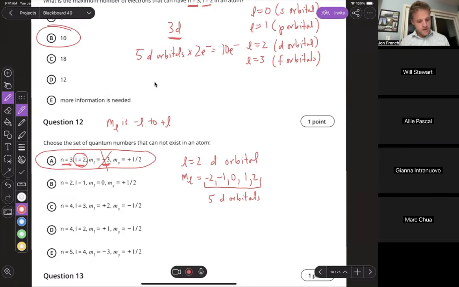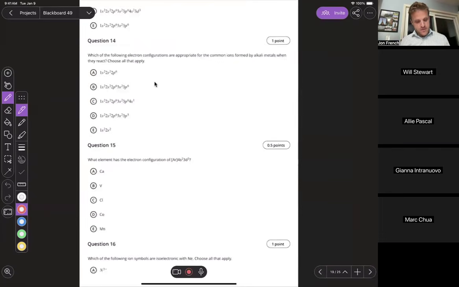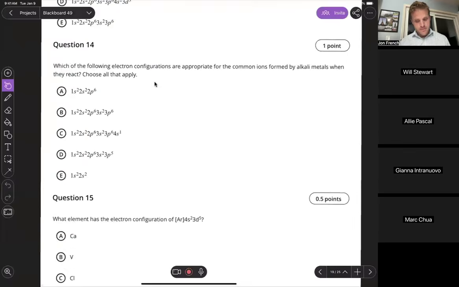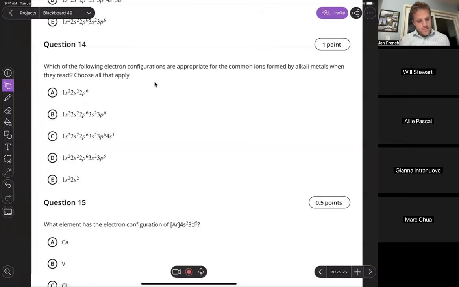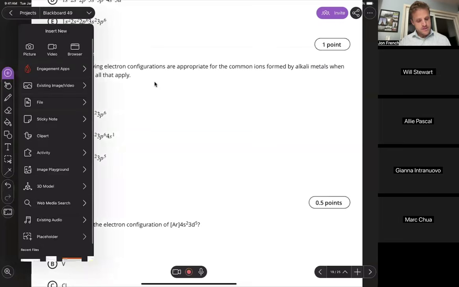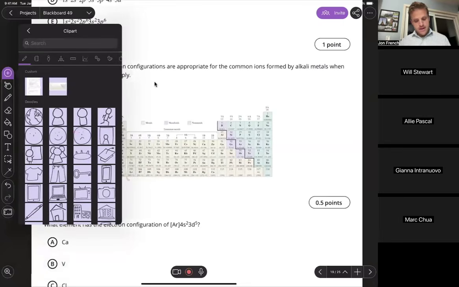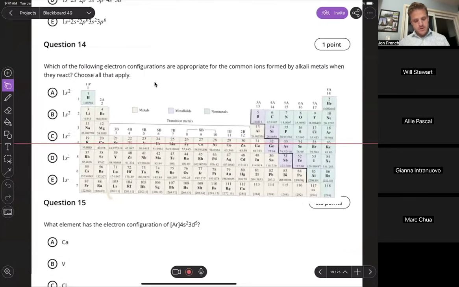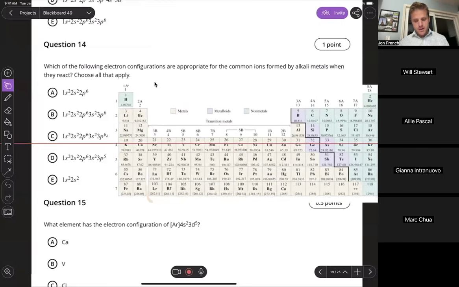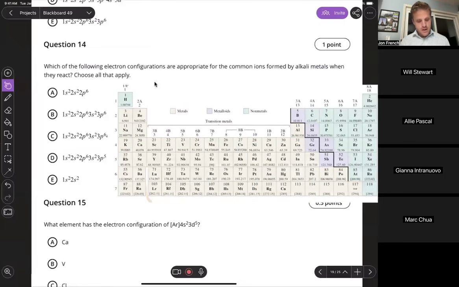All right, for question 12. All right, question 14 and 16. Which of the following electron configurations are appropriate for common ions formed by alkali metals when they react? So group 1 metals, those are our alkali metals. And when they react, when our group 1 metals react,